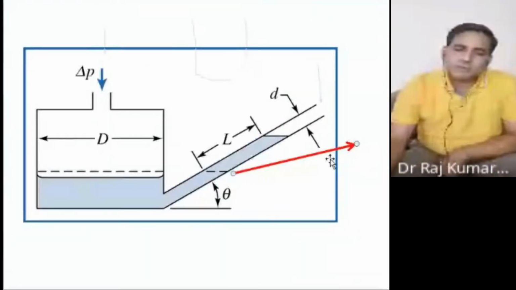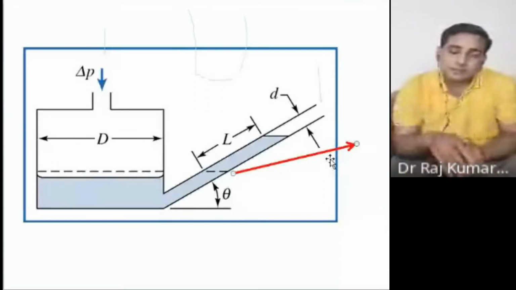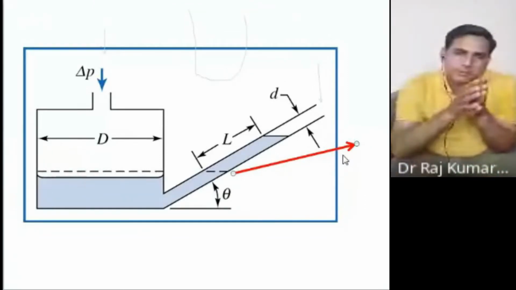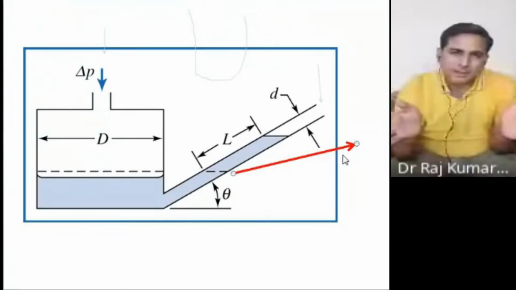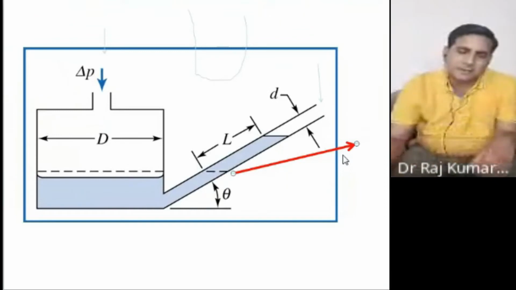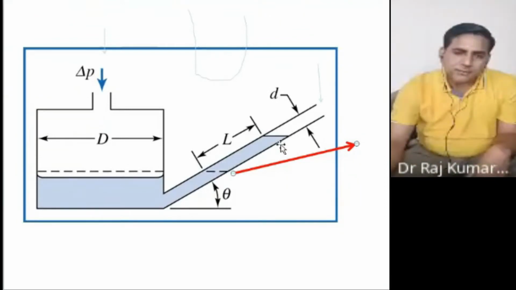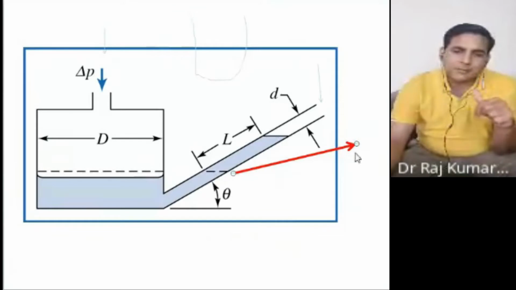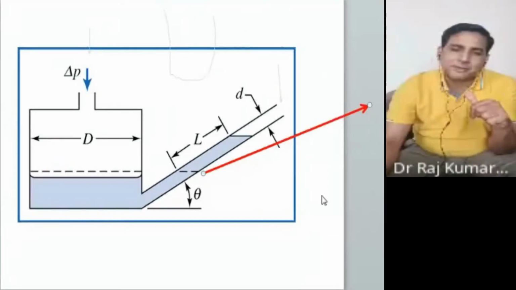So this length would be this one. This is more than that. So by changing this theta, the measured length can be further enhanced. At the same time, if you change the diameter of the tube, this small d, if you reduce it a little more, this length would be further enhanced.